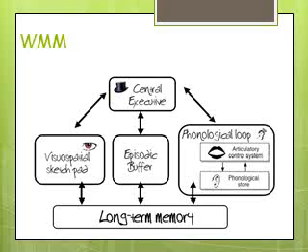However, it has a very limited storage capacity. The phonological loop consists of the phonological store and the articulatory control system. So it deals with auditory information. The phonological store stores the words that you hear, whereas the articulatory control system deals with the maintenance rehearsal, so repeating the sounds to keep them within working memory while we need them. Again, it has a very limited capacity, so suggesting that we can't do two tasks that require the same system. So we can't do two auditory tasks at the same time.